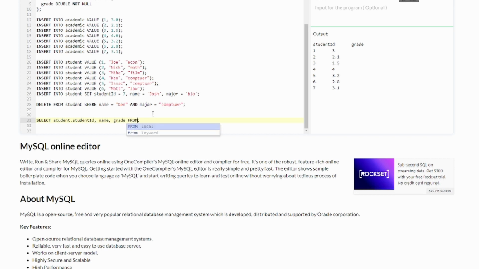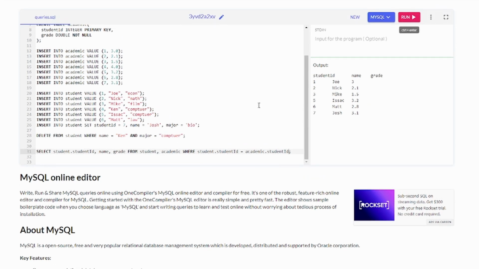From which table? So it will be student, academic, and where, let's see, student dot student ID equals academic dot student ID. Right there, this should run, and we should get a table of not just their name and major, not just their student ID and their grade,